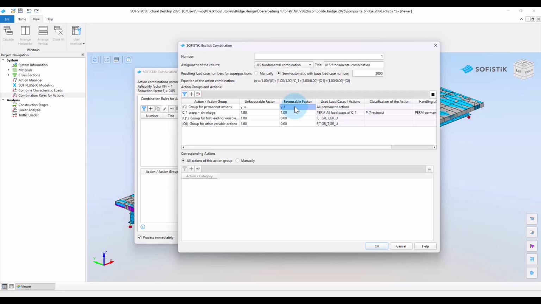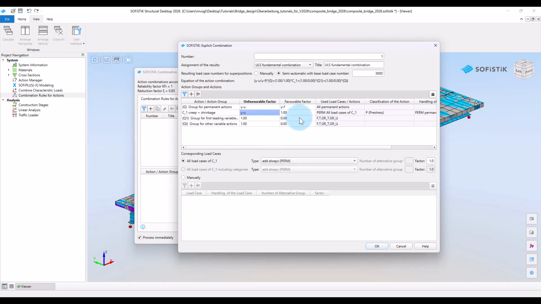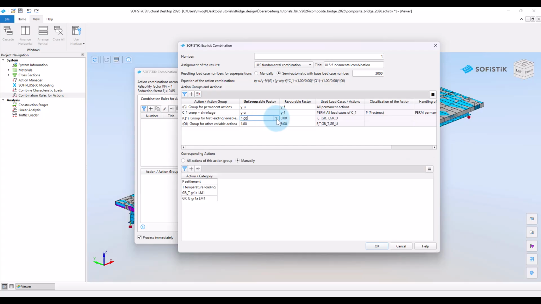Note that the value of these factors are defined in the action manager for each action. In the same way, we add the safety factors for creep and shrinkage, and the leading variable action. For the other variable actions, the factor to be applied is safety factor times the combination factor psi0. So we set this here.